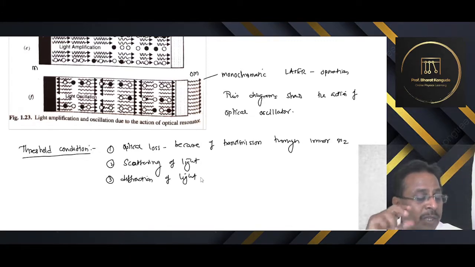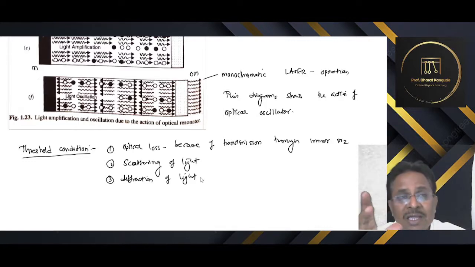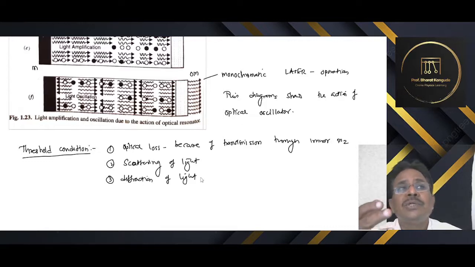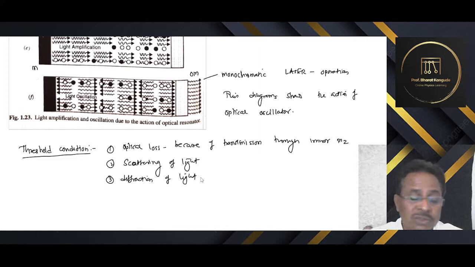That is the gain, obtained by considering the change in intensity of a beam of light undergoing a round trip within the resonator. So we have to calculate a gain. That gain should be more than 1. Whatever the loss and the generation, if generation is more than loss, then gain can be more than 1, and whenever this gain is more than 1, there is a chance of generating a laser beam. Otherwise, if gain is negative or a fraction less than 1, then all the stimulated emissions that would cause further emissions will be lost in these three processes, and if such loss is there, no laser action is possible.